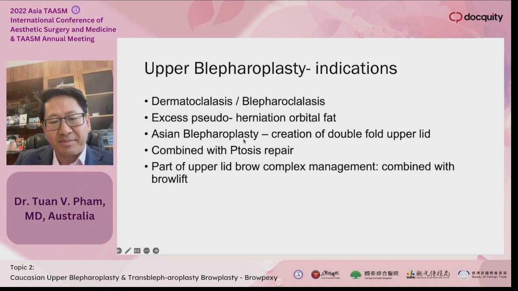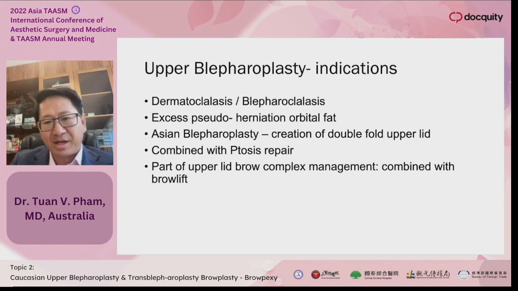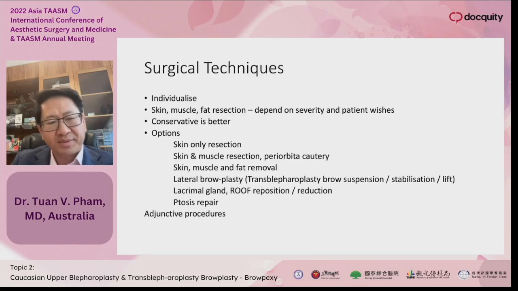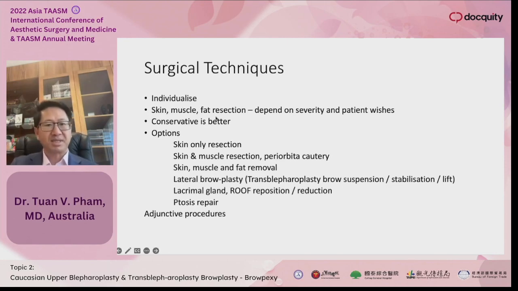Occasionally you can do the Asian blepharoplasty with creation of a double lid fold with extra skin resection. You can combine with ptosis repair, and also you can combine with a lateral brow stabilization or lift used in the same incision. The technique has to be individualized, managing the skin, muscle, and fat, and how much you resect depends on severity and which component is